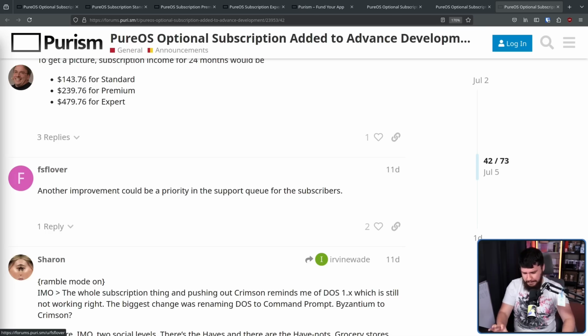Now, I know some people see the term subscription and instantly freak out, and I understand why, right? Like, if you look at how companies like Adobe do things, where you have a monthly subscription, but they do it in this really scummy way where you're minimally required to pay for a year. Otherwise, when you unsubscribe, you have to pay out the end of your contract.